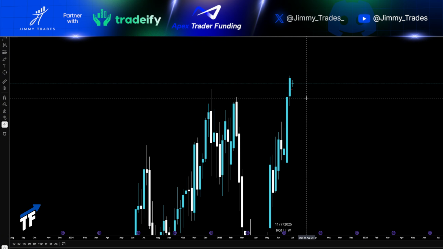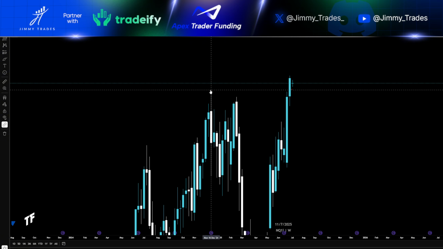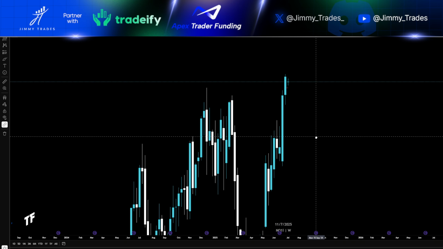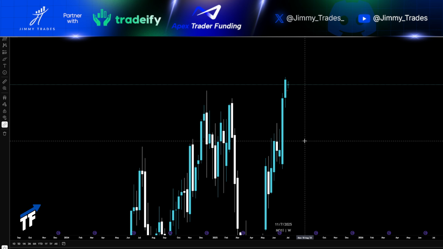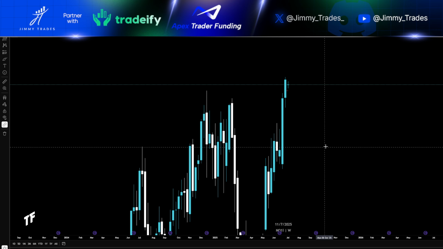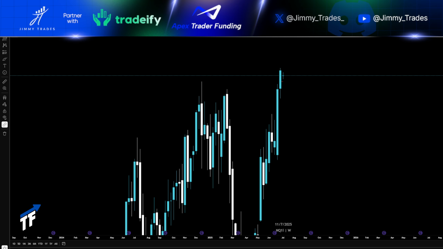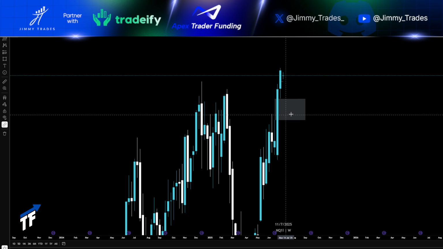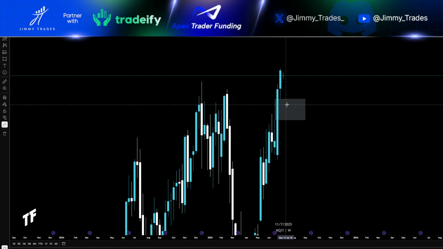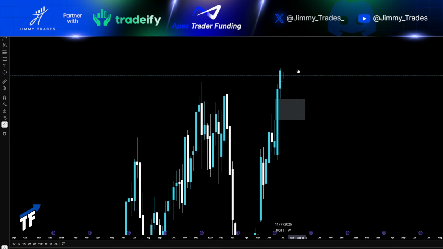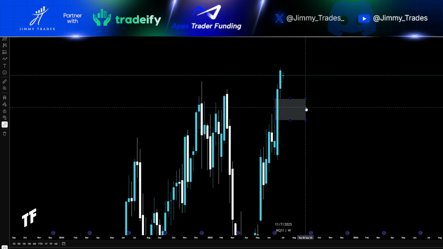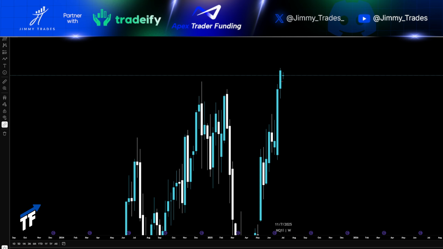We are at all-time highs, as we can see here. This was the previous all-time high. We've crushed that. The last 2 weeks have been quite bullish weeks. We do have a weekly gap down here, which could be somewhere to look for price to want to draw to before continuing to move higher, so potentially something like this. But what I'm more interested in at the moment is if we drop to the daily,